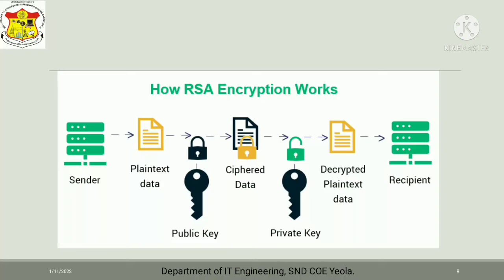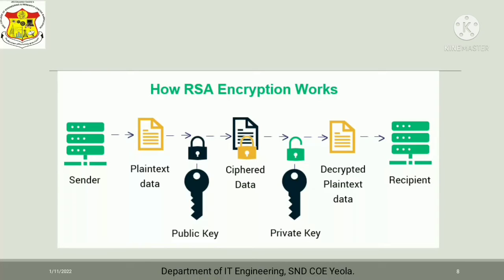So what happens is, the sender sends a message, that is a plaintext message, which will be encrypted by using the public key of the receiver. That is, he sends an email, so by using the email ID, which is the public key of the receiver, it will be encrypted at that time. After this process, the plaintext is called ciphertext. Ciphertext means the encoded part of the plaintext.